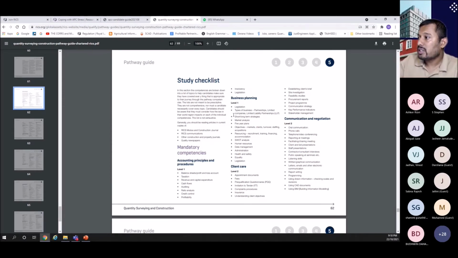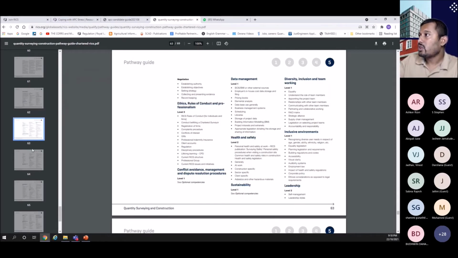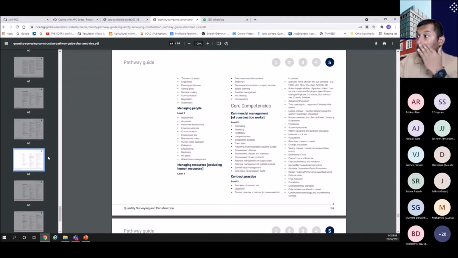If it is level 1, you just need to achieve level 1 or the knowledge. If it is level 2, you should know how to do that work, practice. If it is level 3, you should be able to develop your level 3 advisory. Now I understand that